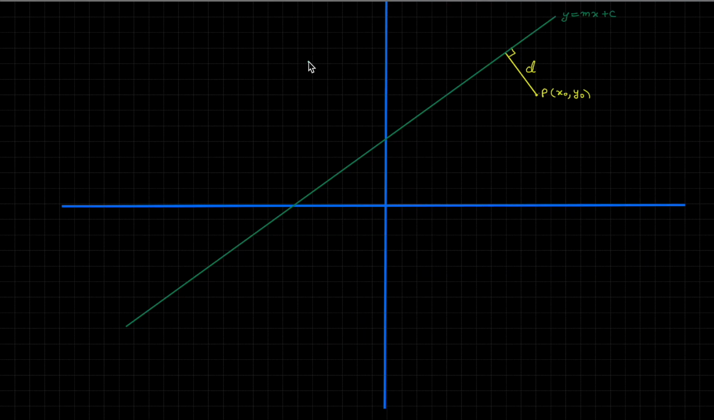Today we're going to learn how to calculate the formula for the distance of a point P given by coordinates x0, y0 to a line given in the slope-intercept form, which is y is equal to mx plus c. In other words, we are interested in finding this distance d. So let's get started. The first step in our proof is to draw some intercepts from the point P to